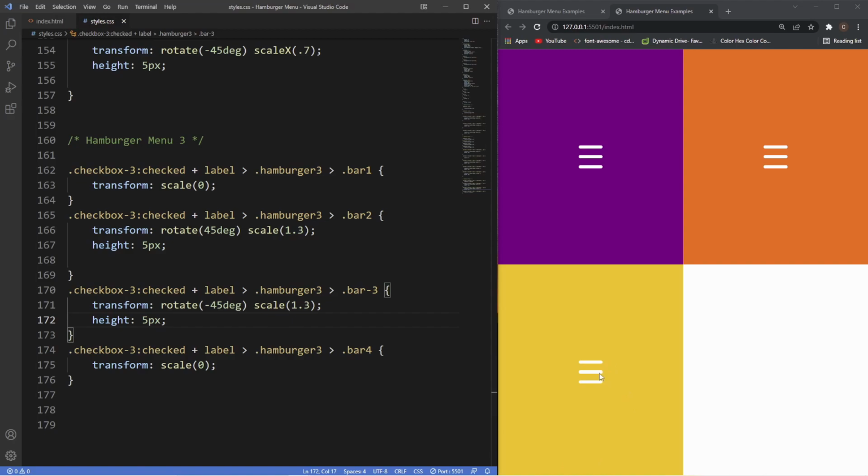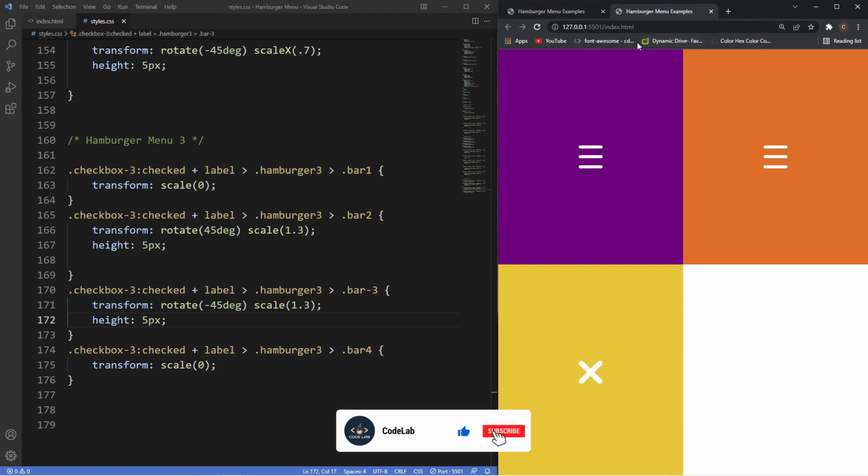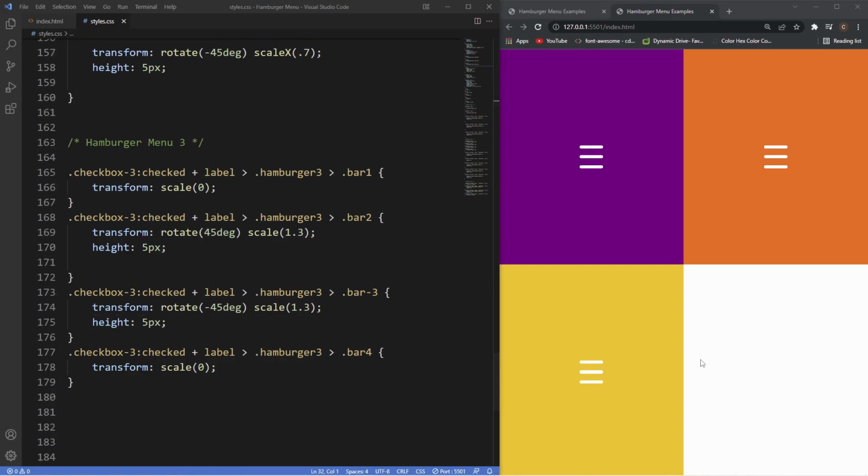So if I click on this hamburger menu now, the top and bottom bar should disappear, and then the middle 2 bars here should create that X. So as you can see, it's working exactly the same as our draft example here, so it looks pretty good. Now we'll move on to the final design now, which, as I mentioned earlier in the video, is actually my